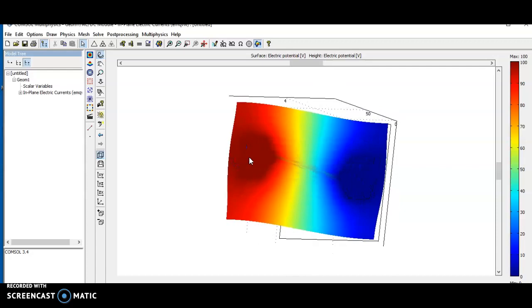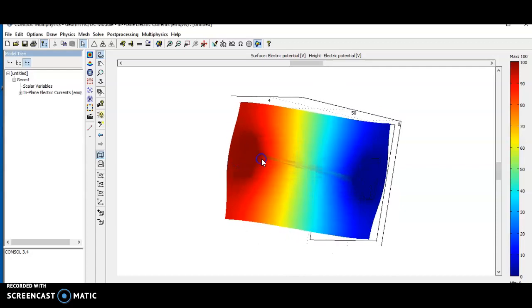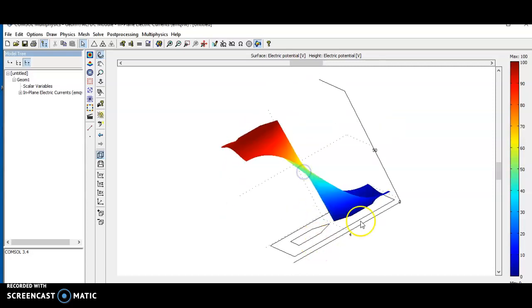See, the potential is gradually decreasing from 100, 99, 98, 97, 96, 95 and so on towards the bottom electrode, which is grounded at 0. So from the tip at 100 potential, it is gradually decreasing towards 0. So this is an inference we came to from the point to point electrode.